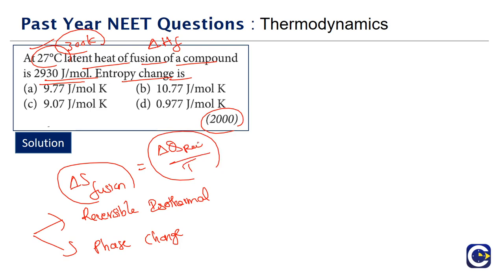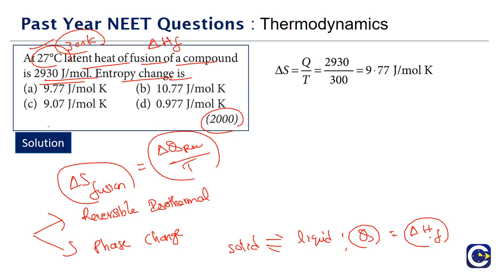Okay, so here if we look at the fusion or melting, it is a reversible process. Solid will be having an equilibrium with the liquid. So in this case, what is the heat exchanged Q? Q will be equal to delta H for the fusion. So what will be the del S value? Q, which is the heat exchange, divided by the corresponding temperature. What is the temperature here? It is the fusion temperature or the melting temperature, which is 300 Kelvin. Okay, so we have to have the temperature on the Kelvin scale. So Q is delta H for the fusion, which is 2930 joule per mole, and this is 300 Kelvin.